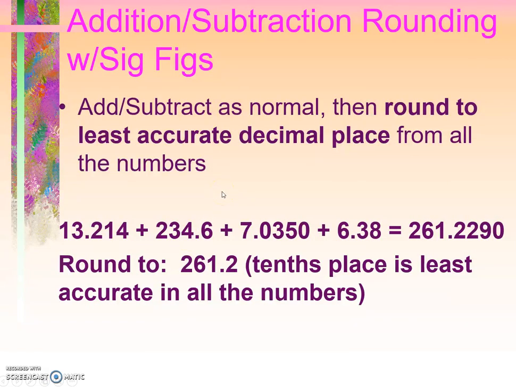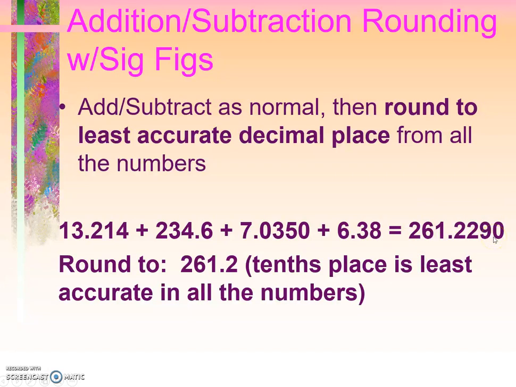So when we are dealing with rounding with significant figures, there's different rules between addition, subtraction, and multiplication and division. So for addition and subtraction, what you do is you take all of your numbers that you're going to add or subtract, and you add and subtract as normal, keeping all of the digits in play. And you get an answer. Okay, so this example here, we're adding up all these 4 different numbers. We're going to keep all of the digits. We're going to get this number at the end,